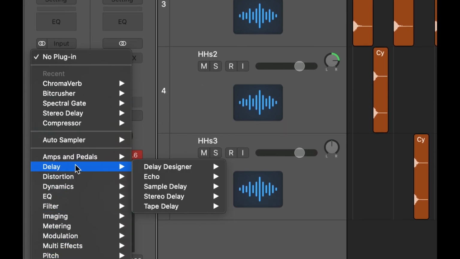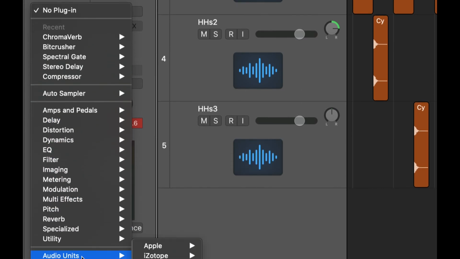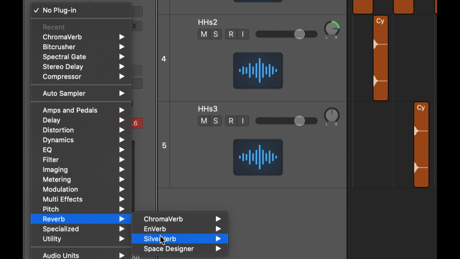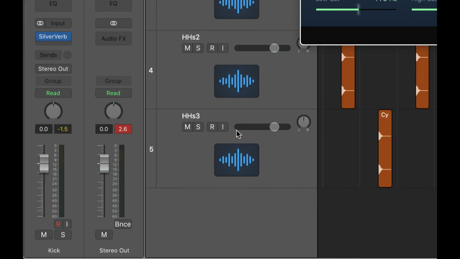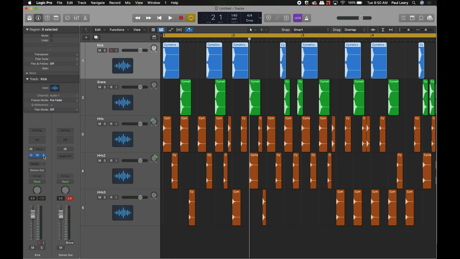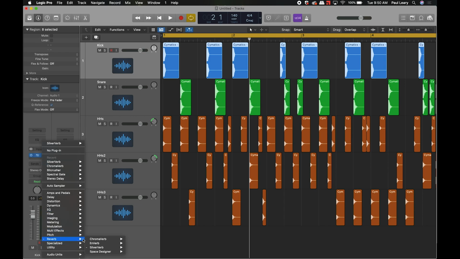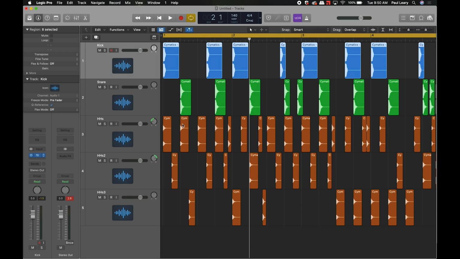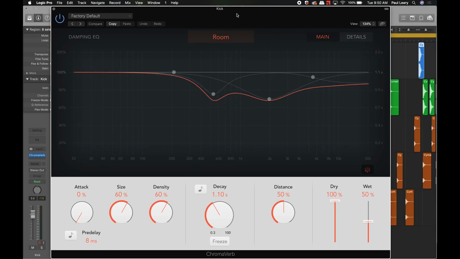All right, now we're talking about using the stereo delay, which is the most common delay that we're going to use in general. And then down even further, the reverb. There are 4 reverbs in Logic. The Chroma Reverb is a great kind of standard reverb you can use. And then Space Designer. I don't really use these two at all, actually. This one might be an old, no, it's been updated. But just keep that in mind. You can use any of them, but Chroma Reverb is mostly what I talk about in here